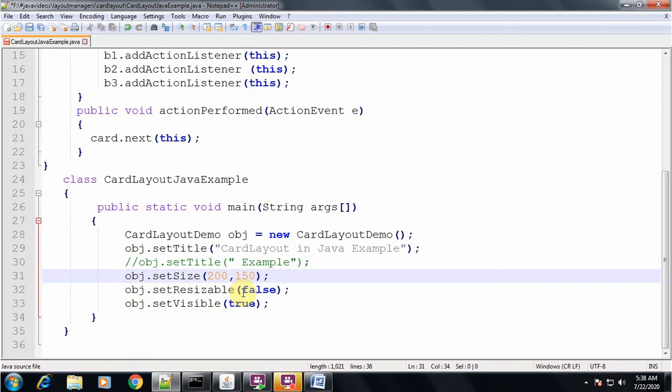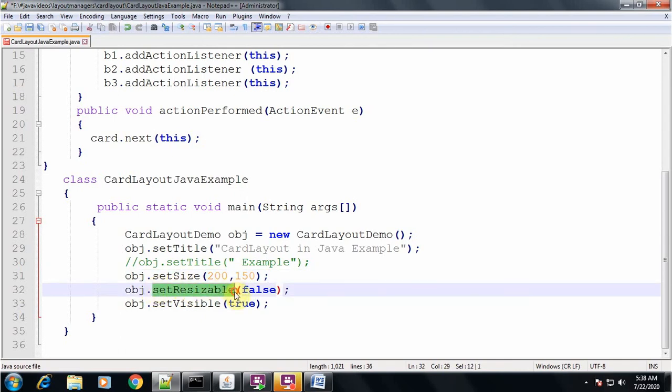We have studied in the first chapter on AWT that a frame is a container which contains a title bar, a menu bar, and resizing corners. By default, the resizing corners will be available. But if I don't want the resizing corners, then I should use the method setResizable and pass the boolean argument false. Then the resizing corners will not be visible.